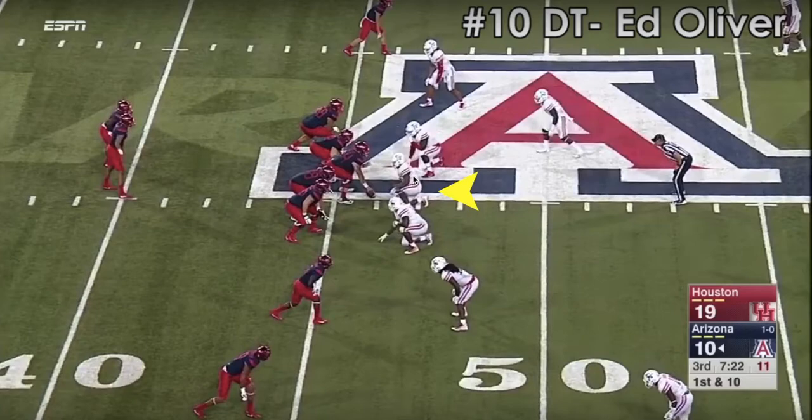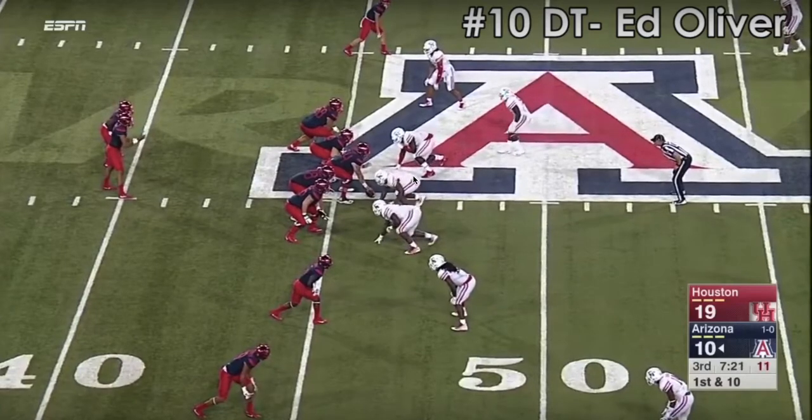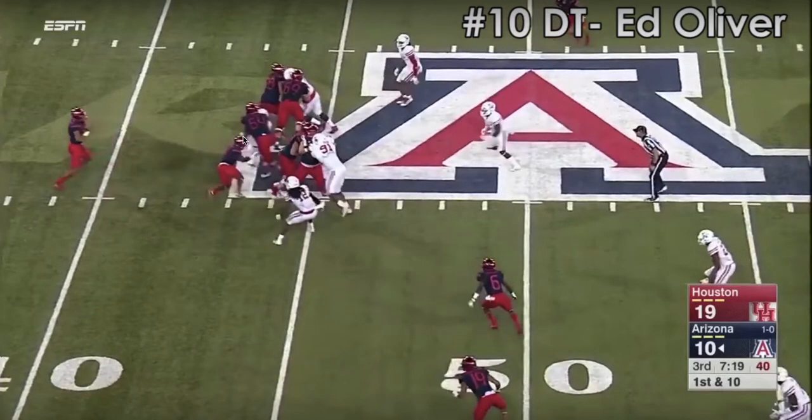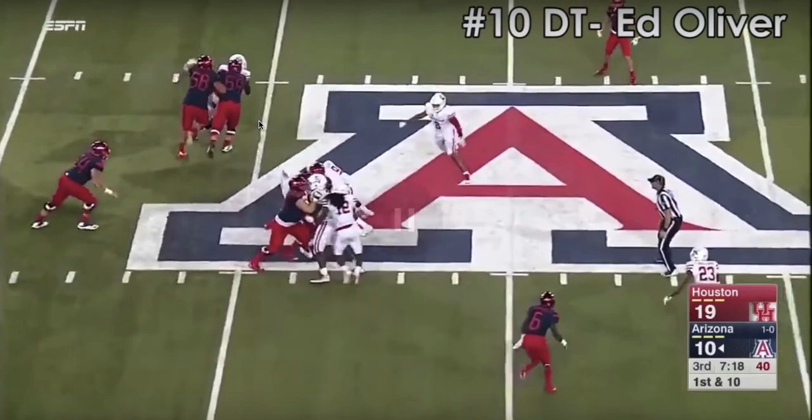here he is right here. And this clip is unique, and we'll kind of watch it as we go live here. He's able to shoot this gap right here. So the ball carrier is getting here. He's already here. He's already getting that penetration, using that speed and that quickness. And the running back, as you see, is going off to the right. So he's technically out of the play, but look at his ability to stop, spin back, and able to make